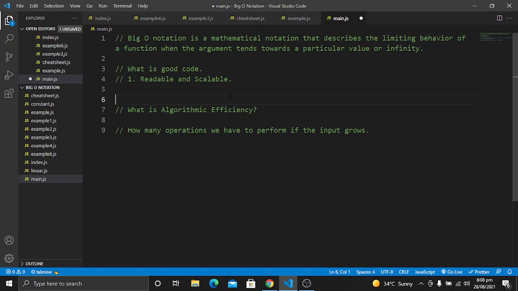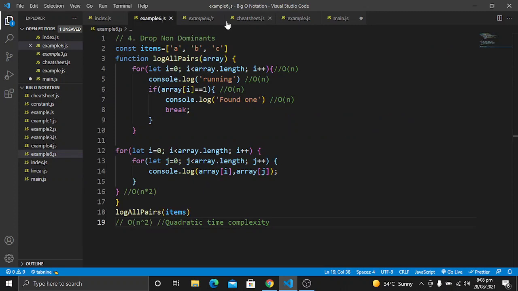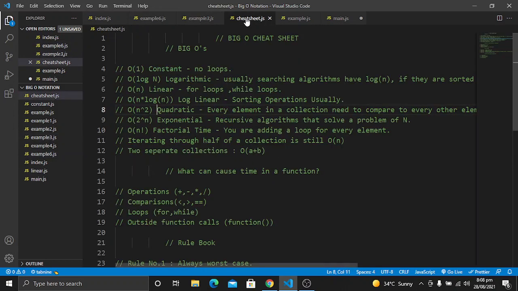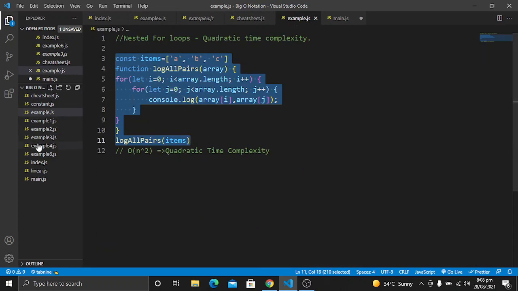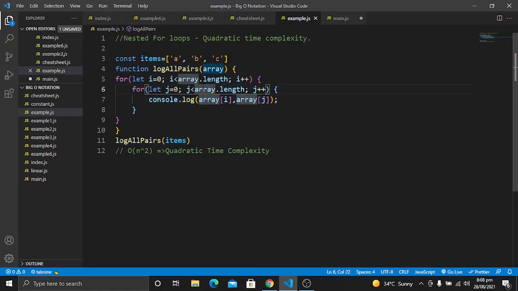Readable means that it is clean code that every other developer can understand easily. Scalable means that it has good speed. In order to calculate the speed of the code, we have calculated the time complexity of the functions. All of these examples, these 6 examples and the linear time, everything we have discussed until now is about speed, the time complexity.